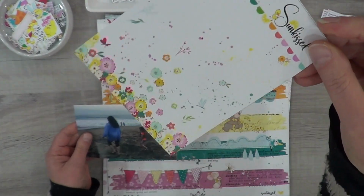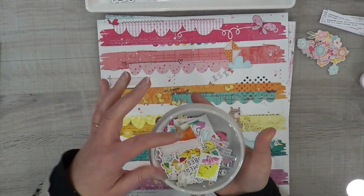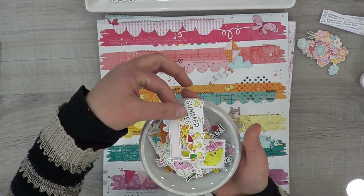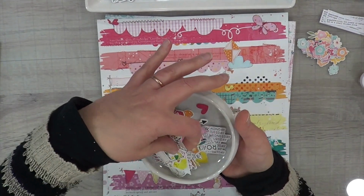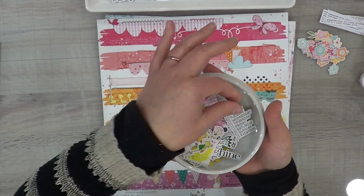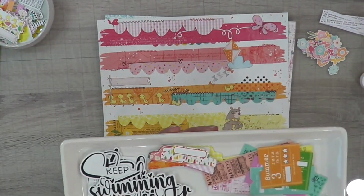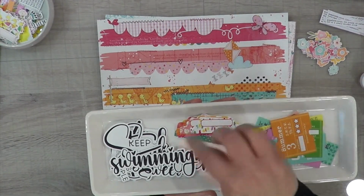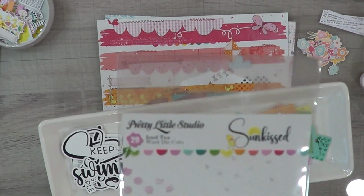I am using my Kit Conspiracy kit, and I'm just sharing with you guys what pieces and papers and items and things I've picked from the kit. Surprisingly enough, with this kit, I actually used little bowls and trays and stuff like that to hold all of my elements, because there was a lot of elements from this collection. So I tried to separate the tickets and the tags and the labels and things like that from